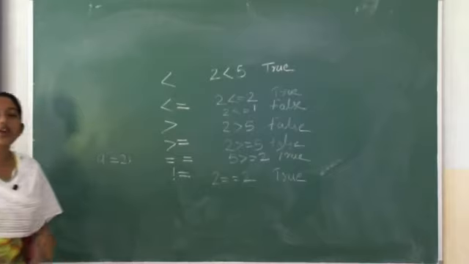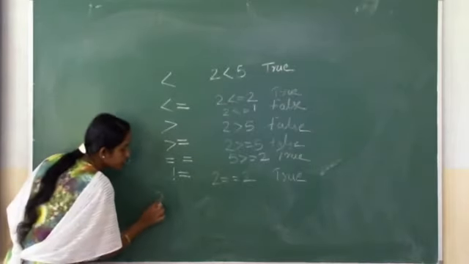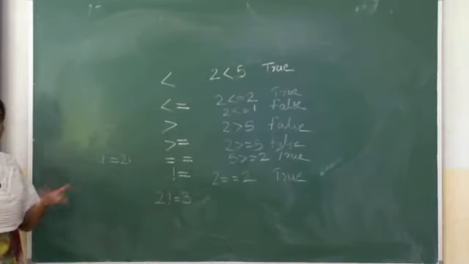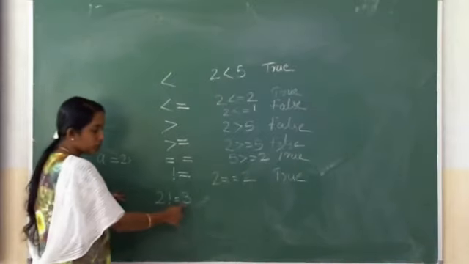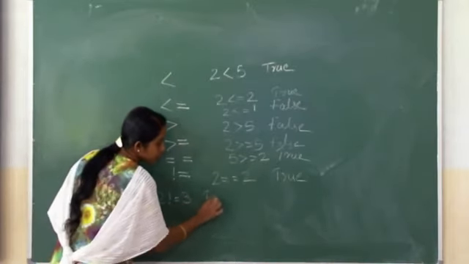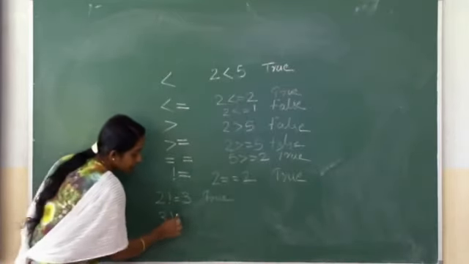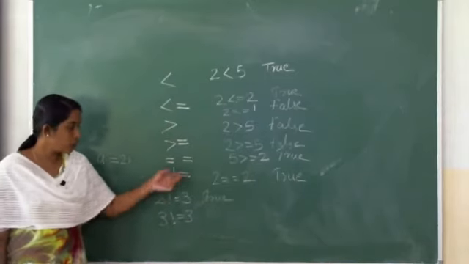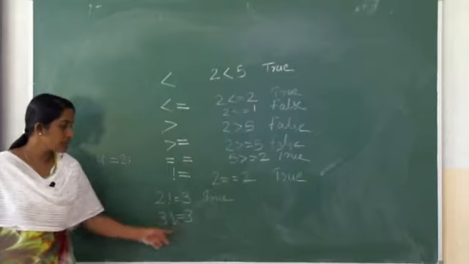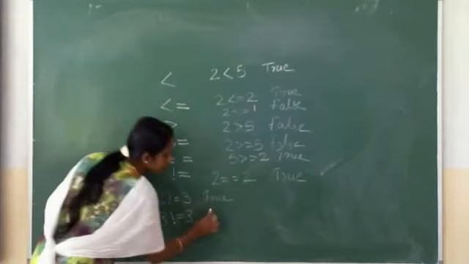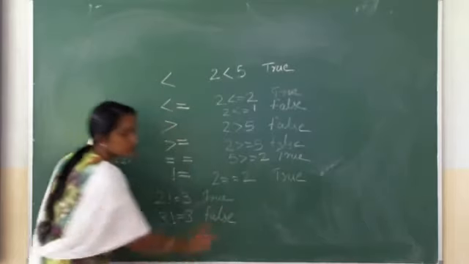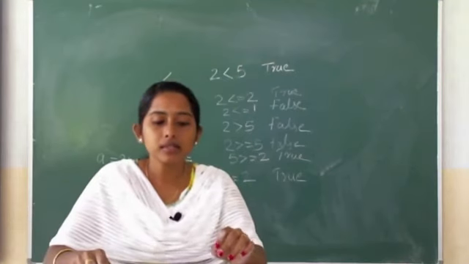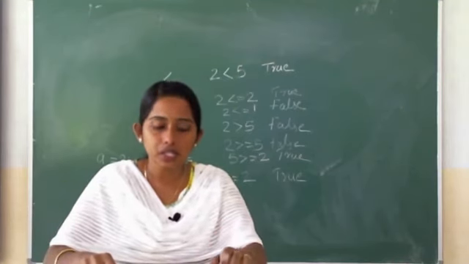Okay, and the last one is not equal to. That is, if 2 is not equal to 3, whether this condition is true or false. 2 is not equal to 3. Yes, correct. It's not equal to 3, isn't it? So you can write down here true. Next one, if 3 is not equal to 3, whether it is not equal to 3, no, it's equal to 3. Opposite, here not equal to. Okay, so both sides are same. So you can write down this statement is false. Got it? Clear, all of you, what these relational operators mean. Hope you all are clear on these relational operators.